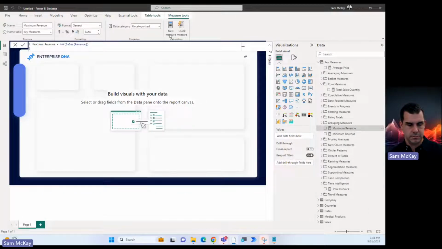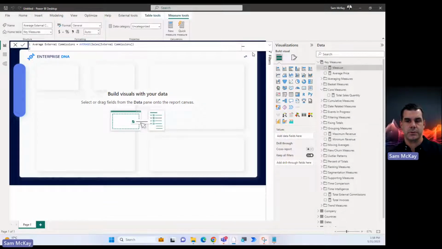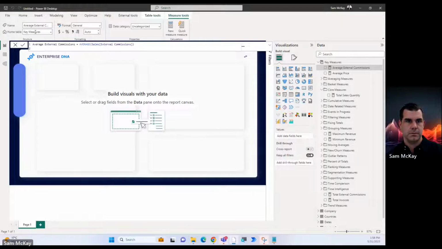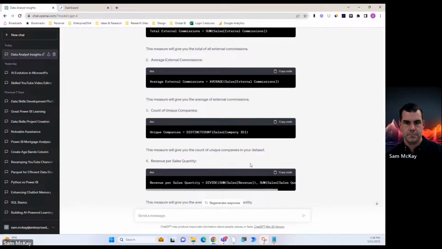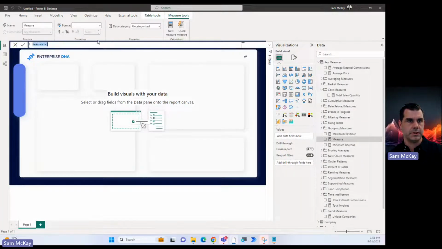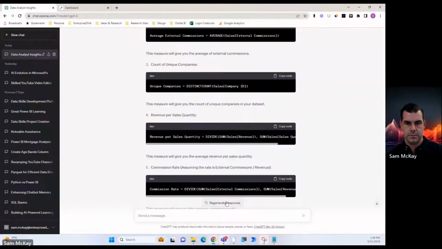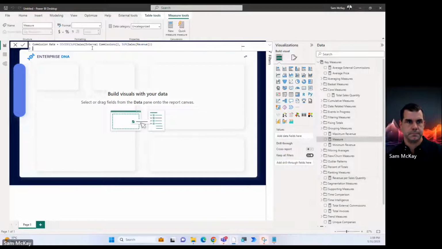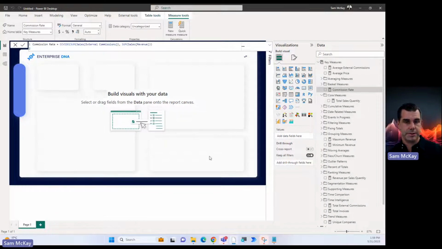I mean, this is just so easy, isn't it? See, the framework hasn't changed. The framework has not changed at all, has it? Still, we want simple measures, but we can just get help from ChatGPT to actually create a lot of these. Sorry if I'm jumping a lot between pages, but I just want to show you what I'm doing. Cool. Well, I think we just created 10 measures pretty quickly.